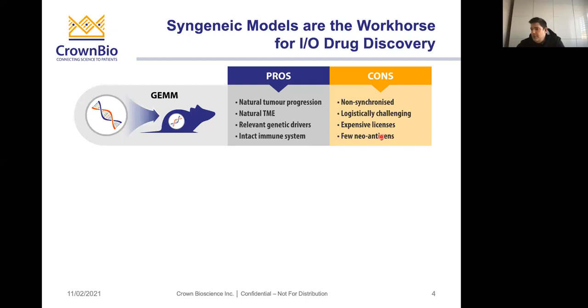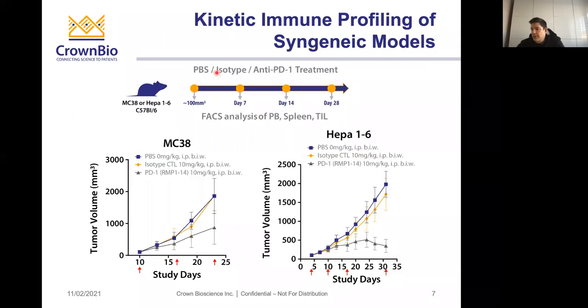In the previous slide, what I showed you was at baseline, but actually the immune cell infiltration within the tumor is a very dynamic process. So if you look at baseline, or if you look later, you can see that the immunoprofile changes during the tumor course. In this case, I'm going to show you two head-to-head comparisons that we have done on two different tumors. One is MC38, which is a colorectal cancer, and